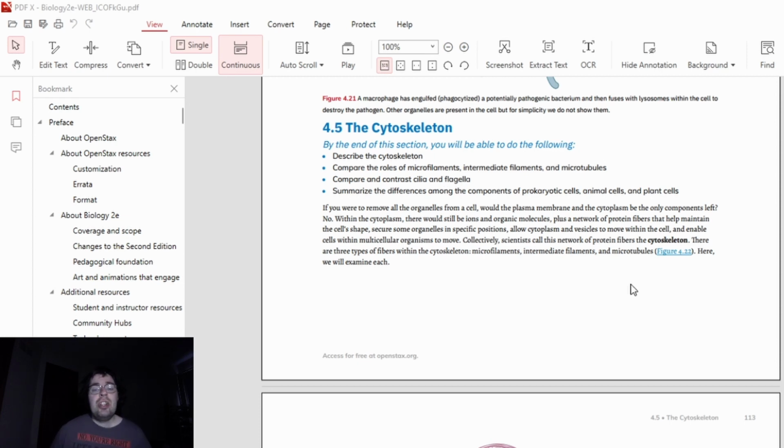Well, that's essentially all I wanted to talk about. The next subject would be the cytoskeleton, which is not quite like our skeleton, but it is similar. In fact, I think the cytoskeleton is a little more similar to our skin, but it's basically what holds the cell together. And we're going to talk about that next time. You wouldn't think there'd be a whole lot to talk about, but